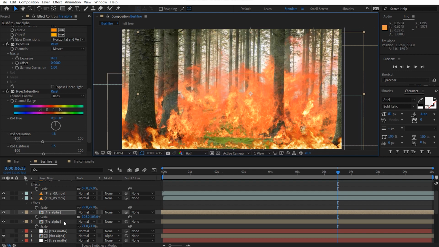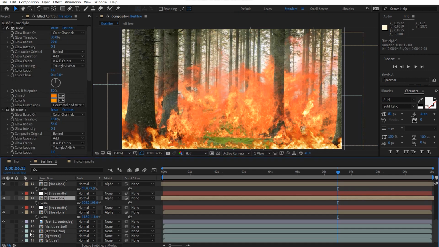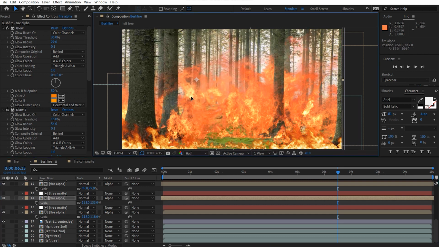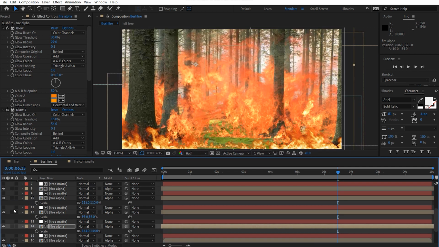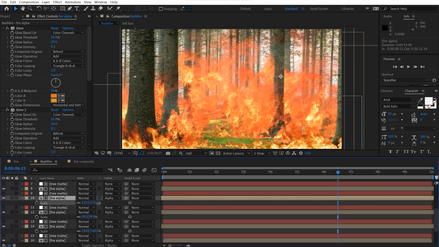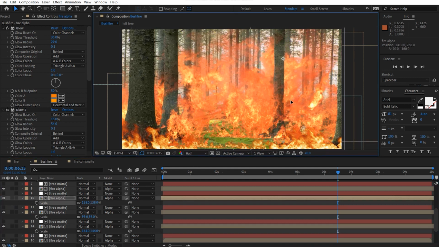Okay, now I want to adjust the back fires because they're looking a little too similar in size, so this one I might just scale it up and push it up like that, and for this one I'll just scale this one up as well and push it up. Okay,